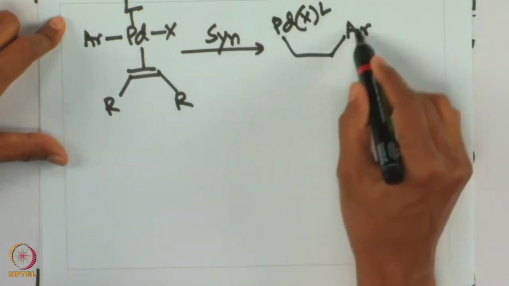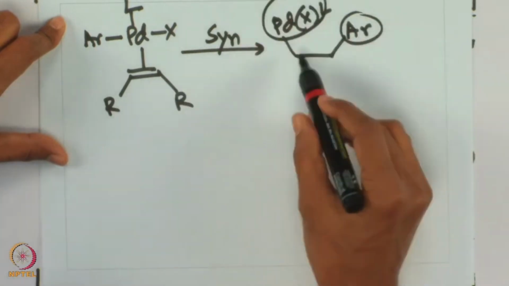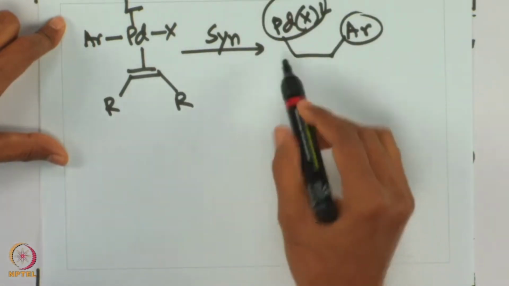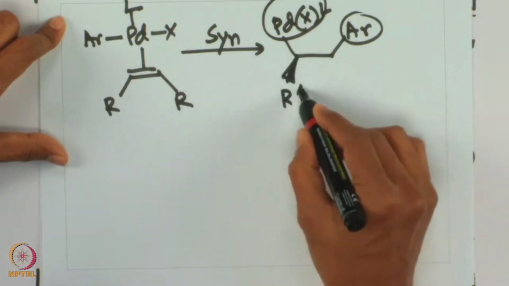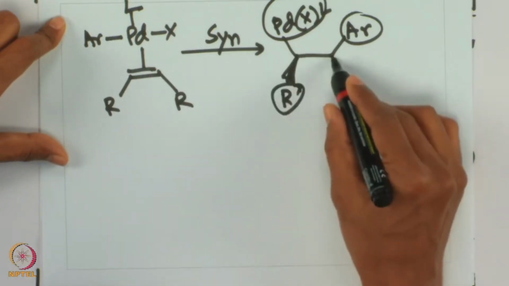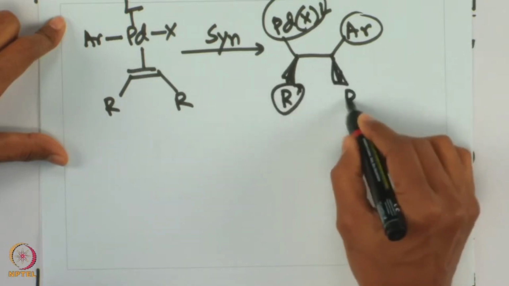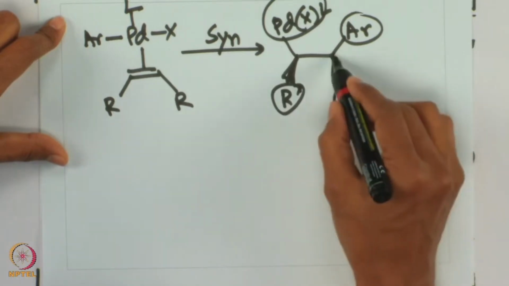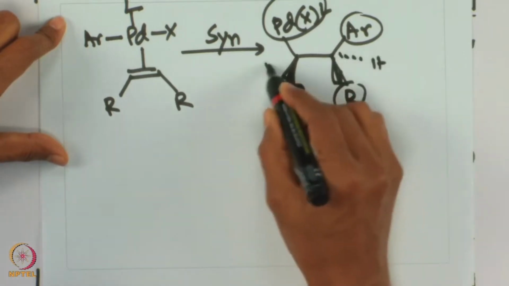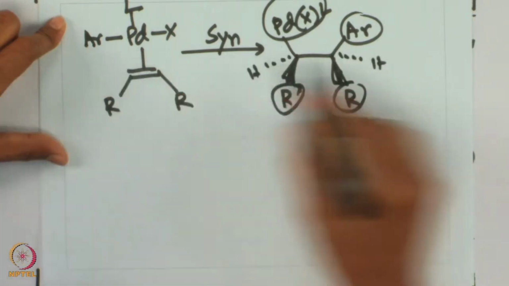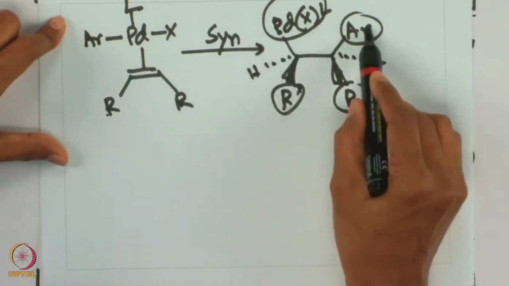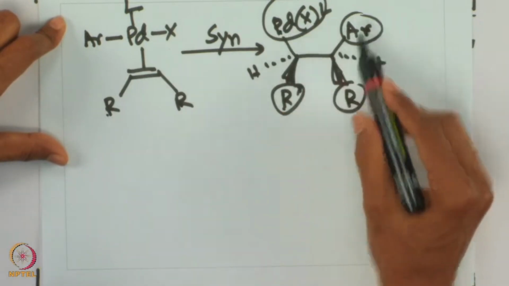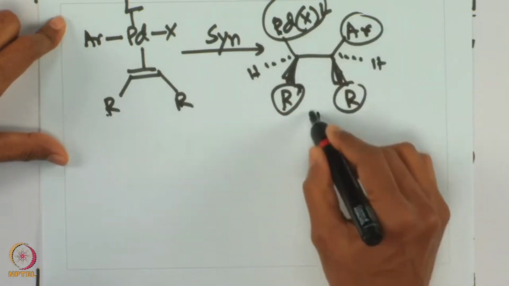So, this is the syn addition, with both the aryl and palladium attached on the same side. From there on we do see that R and R are, of course, on the same side. The hydrogen is on the other side. So, R and R are on the same side, palladium and aryl at the syn addition, and overall then